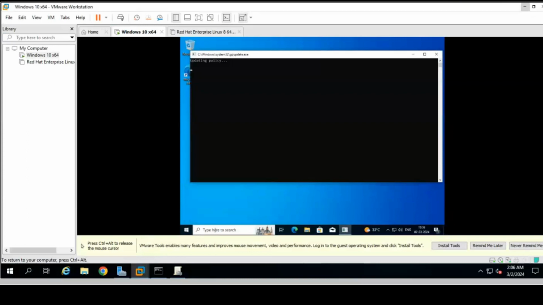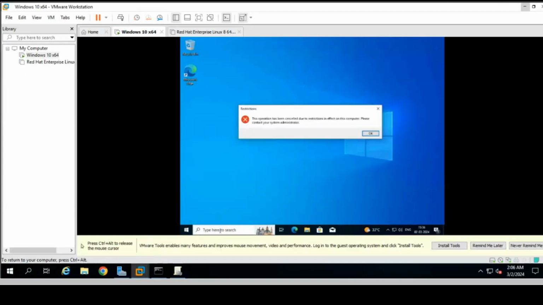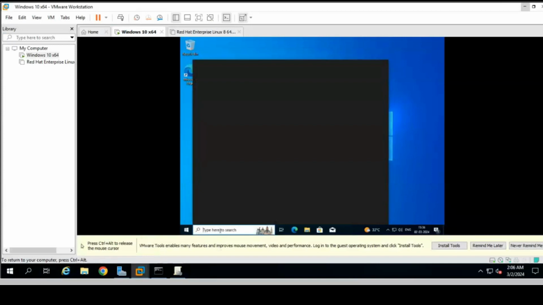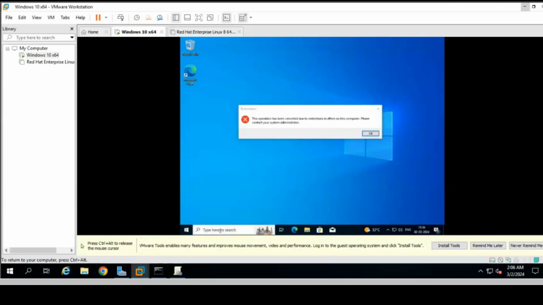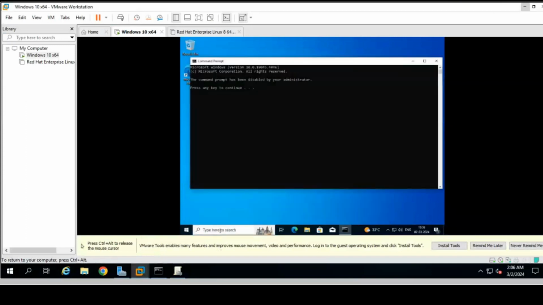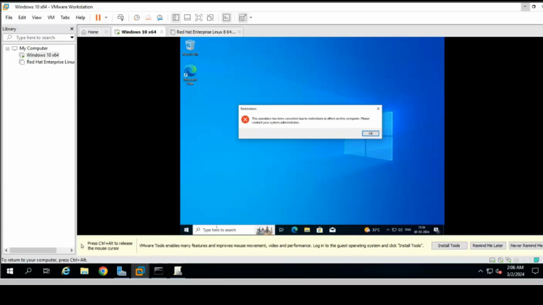After that, if I try to open CMD, it should not open. So it completed successfully. Now just try to open CMD. It's showing the command prompt has been disabled by your administrator. Press any key to continue. When I press any key, it will close. Right, so CMD is blocked now.